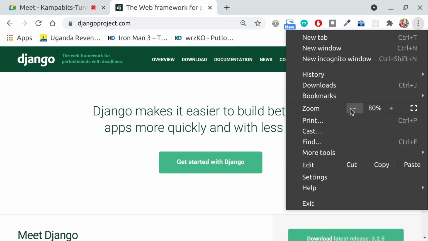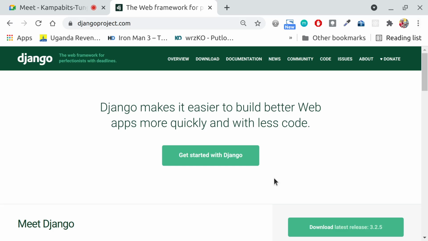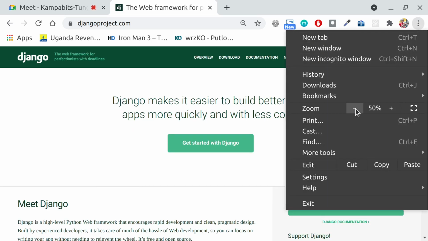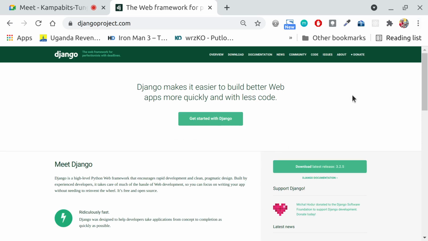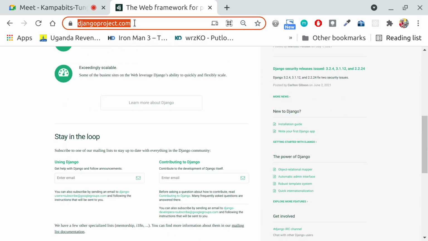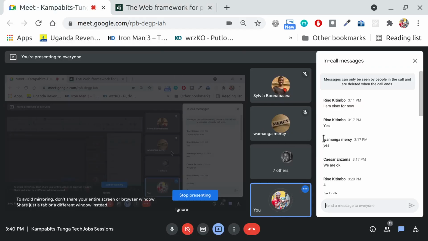So basically, they say Django is built for perfectionists with deadlines. Yeah, if you want to perfect your work but in a very short time, you could use Django to make your work a bit easier and faster. I'll just punch this link in